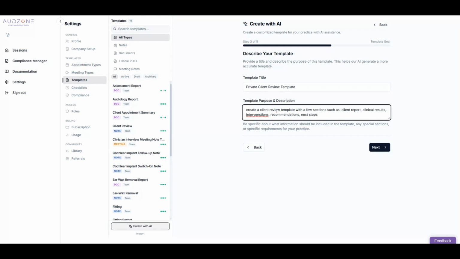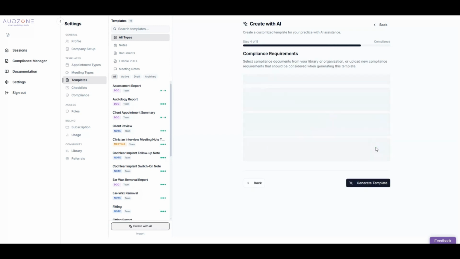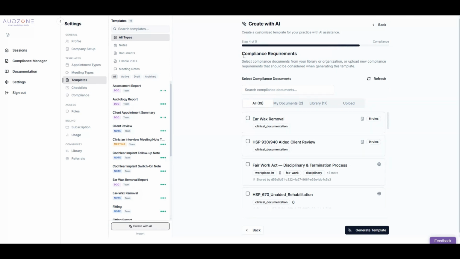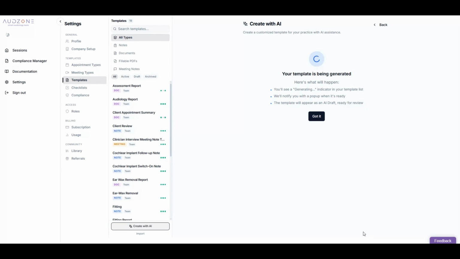So you could write in here, create a client review template with a few sections: clinical results, interventions, recommendations. Now, if you make a typo like here, that actually doesn't matter. You just press go ahead. You don't normally need to assign compliance requirements. That's mostly used for HSP. And you say generate the template, wait a little while,